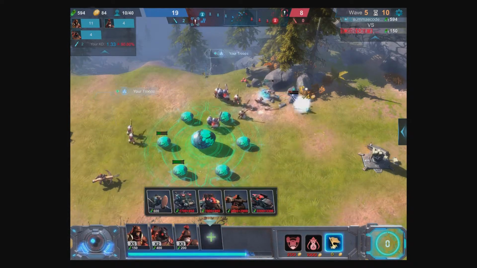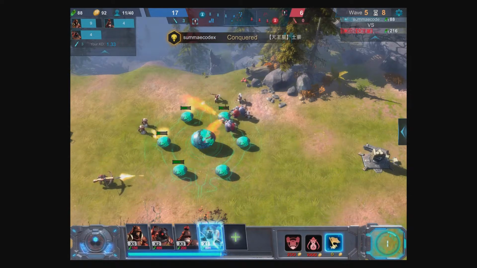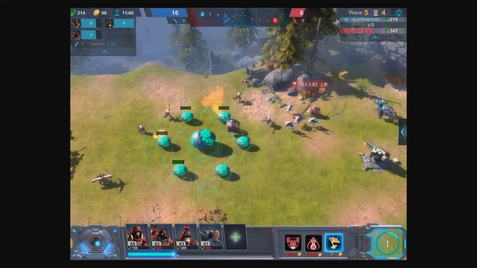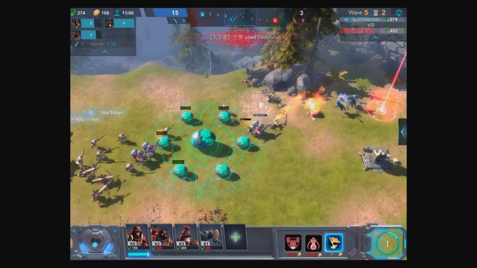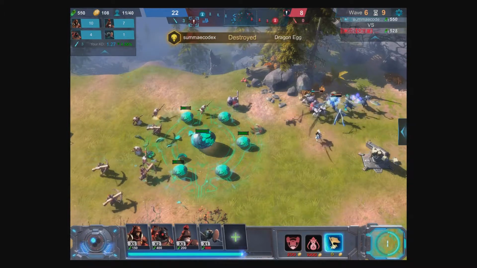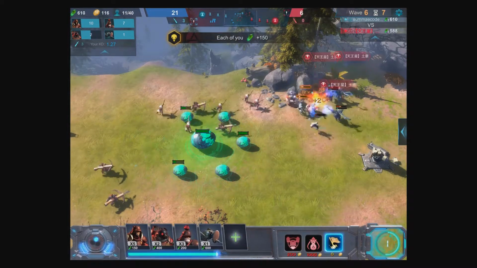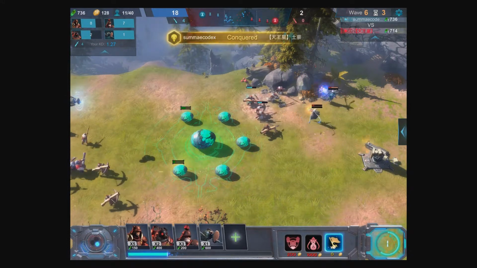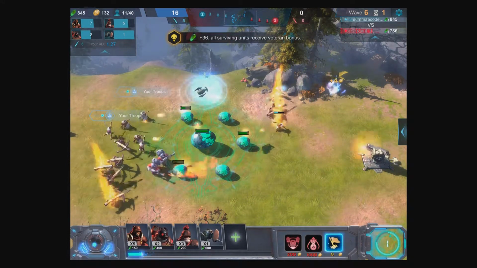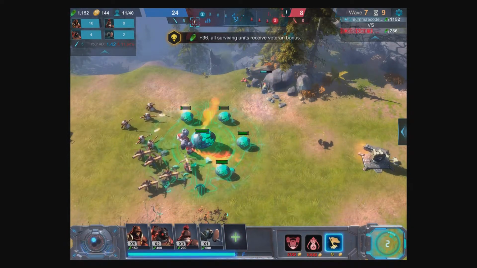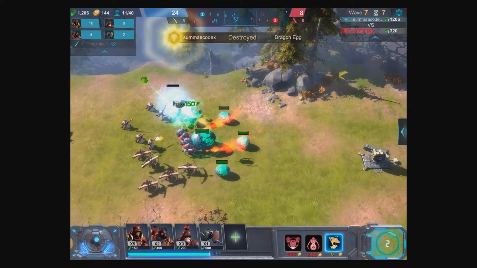I don't know what these satellite things do. No idea. Let's have one. Am I supposed to be destroying? Oh, I have destroyed those eggs. I don't know quite what those eggs are. Do I have any special powers yet? No. What currency do I have? No, not enough yet.